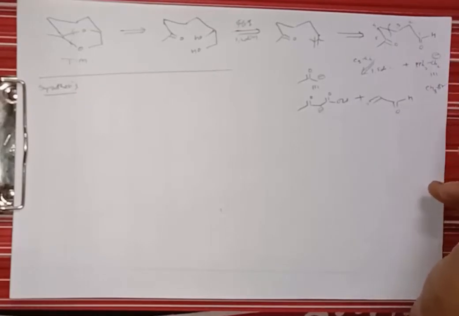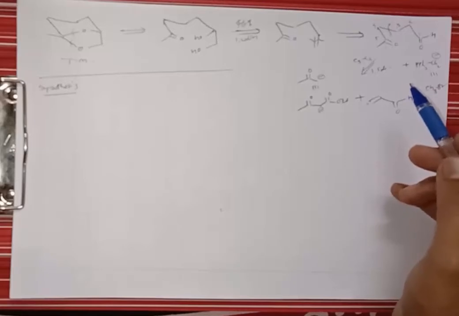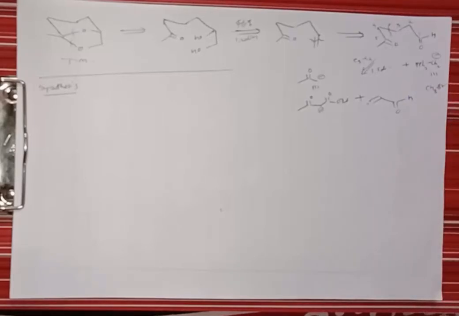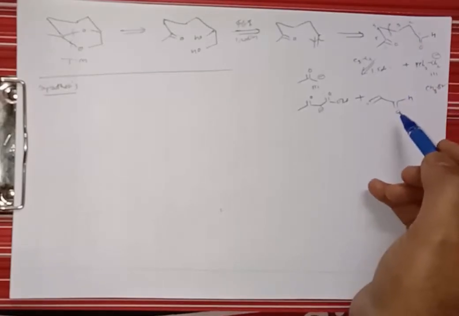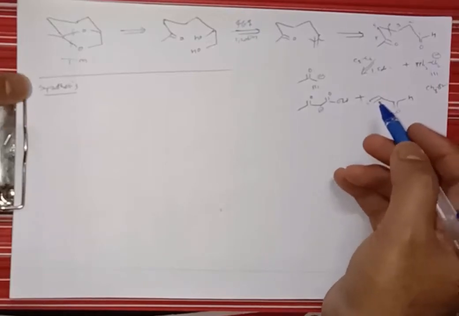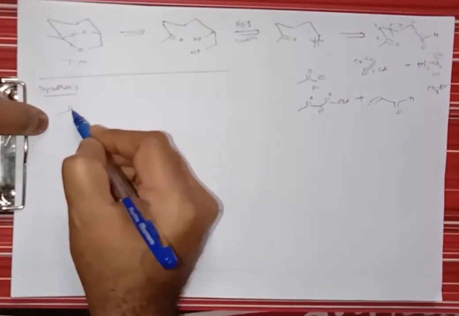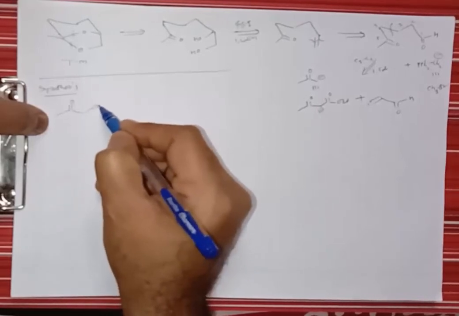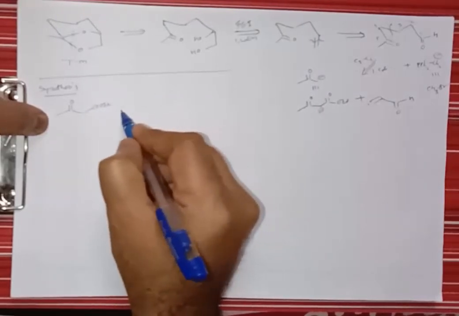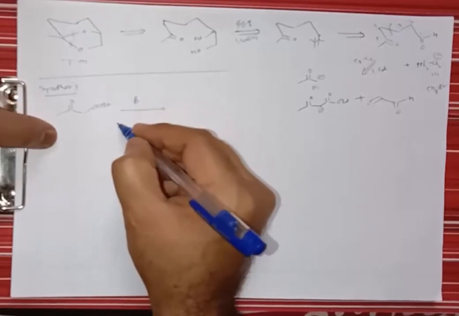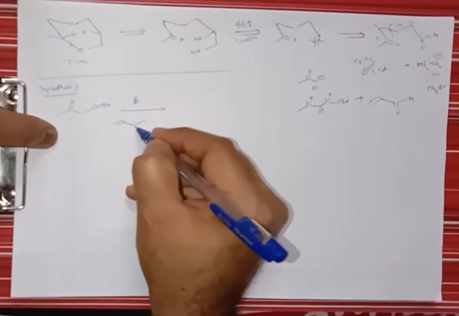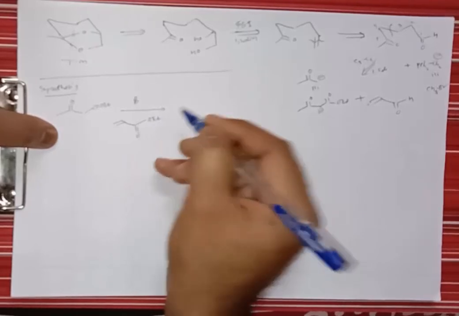That means instead of starting with acryl aldehyde, we can do protection of the ketone in the presence of the ester group, and then later convert the ester into the aldehyde, right? So instead of taking acryl aldehyde, we can take the ester. How can we take it? That means we take this ethyl acetoacetate, CH3COCH2COOEt, then treat it with the base and the acrylate. Instead of acryl aldehyde, we take acrylate, right?